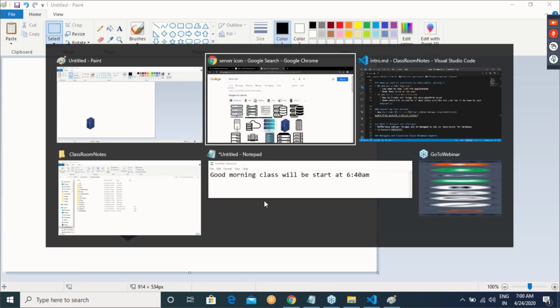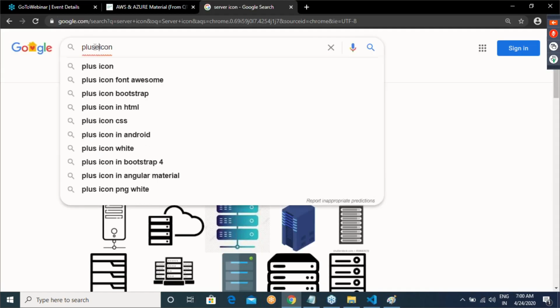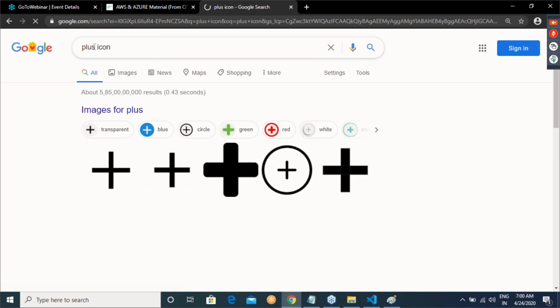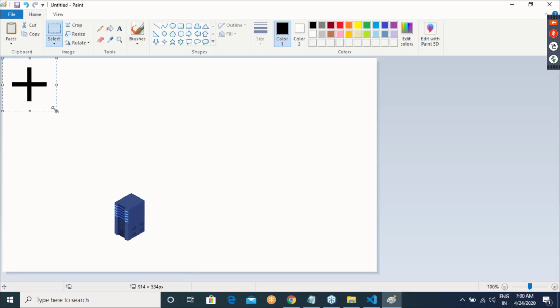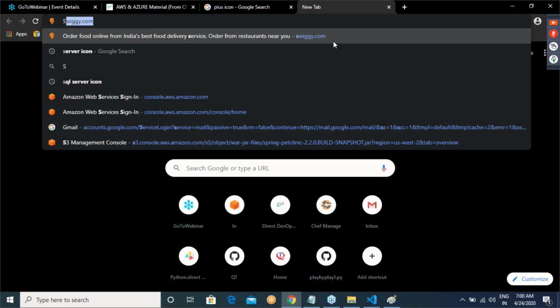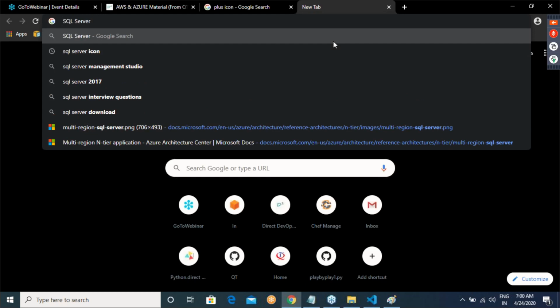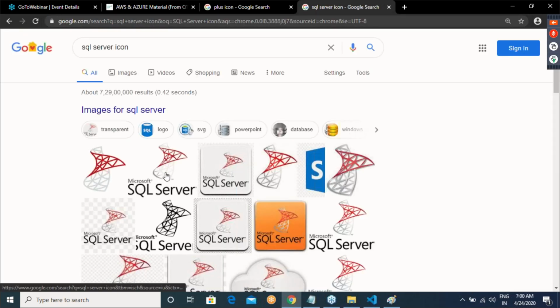On top of the server, we install our database platform. I'm using the SQL Server icon, you can take anything for that.